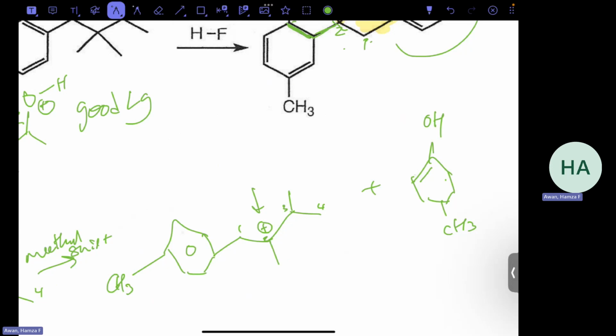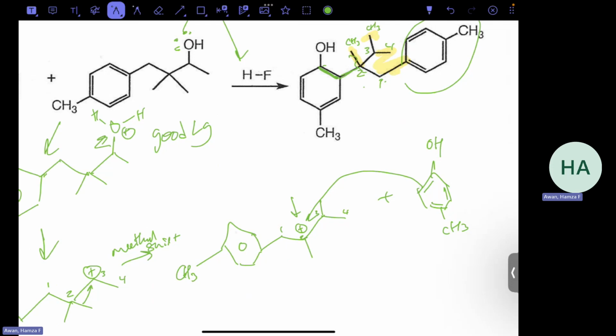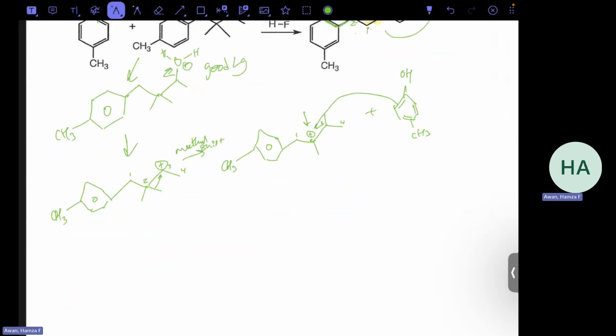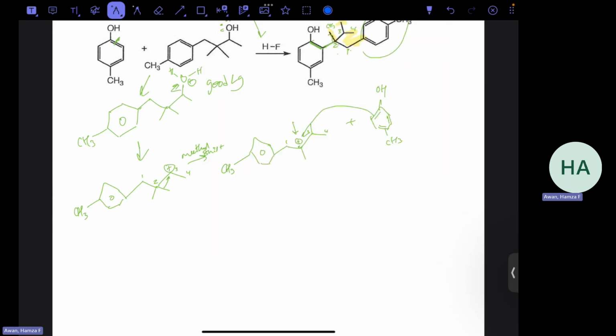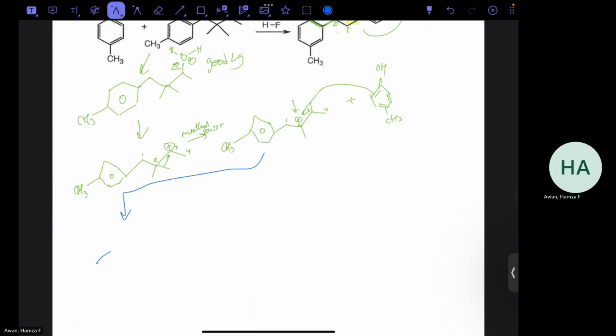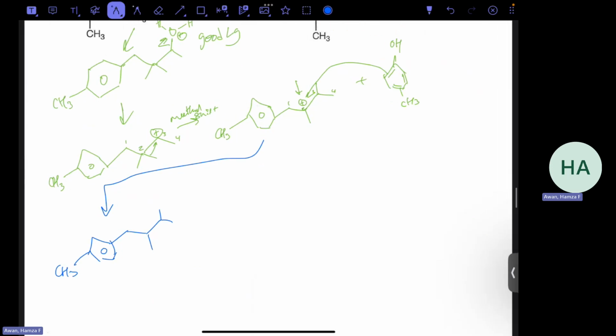So it goes like this. And so let's say this bond attacks this. It's ortho to the OH. So now whenever we draw this, I'm going to draw it in a different color. CH3. Okay. And now whenever we draw that, we can draw